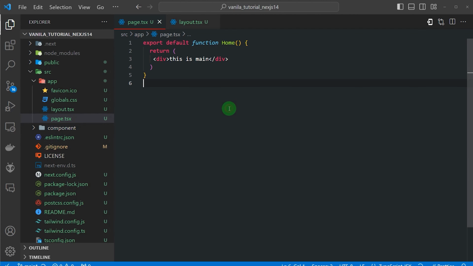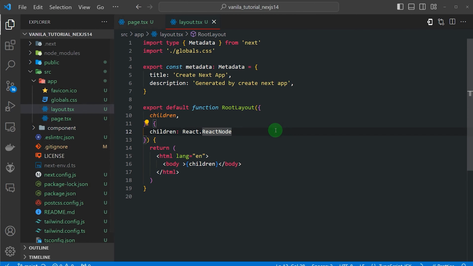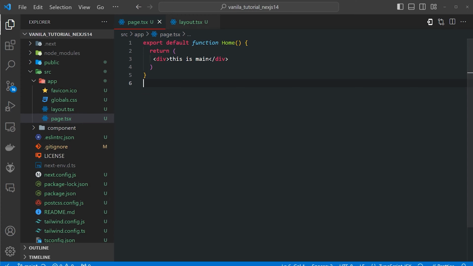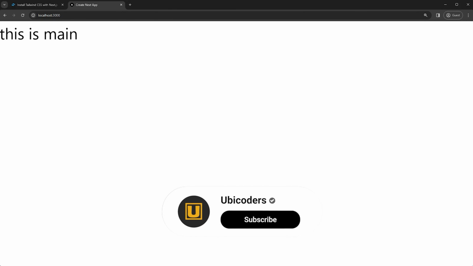And then that is your page. And then there's a layout, and layout is simply a UI that can be shared among multiple pages. For example, you can put a navigation bar and footer that can be repeated for every page. We can talk about the detail a little later. Now, that's our main page.